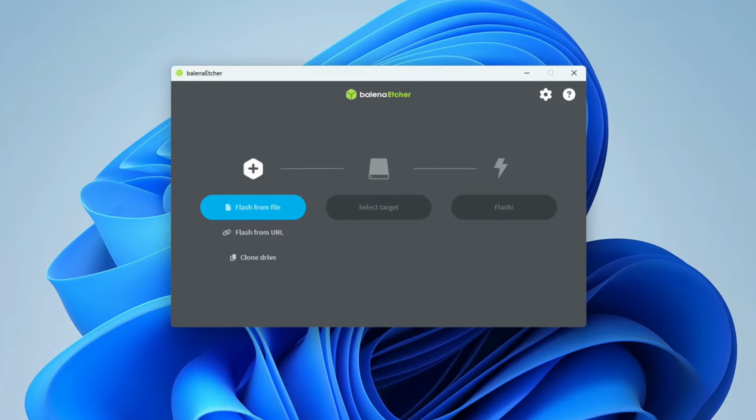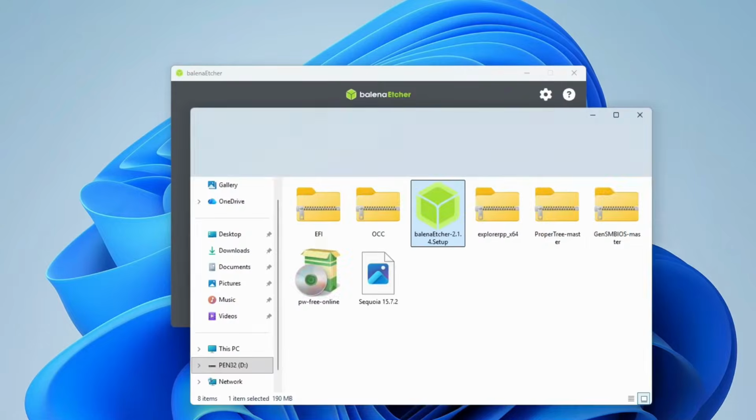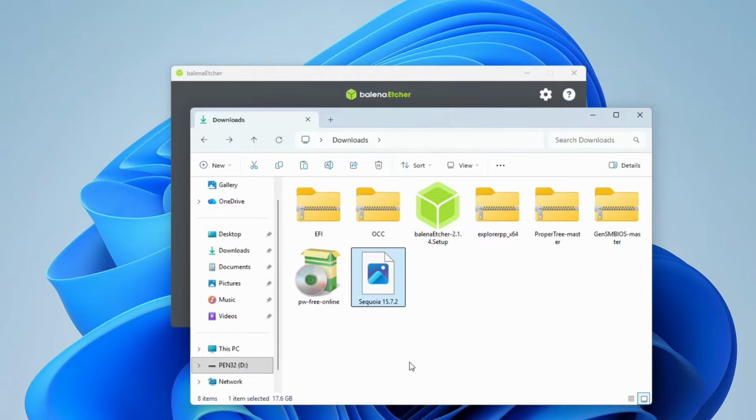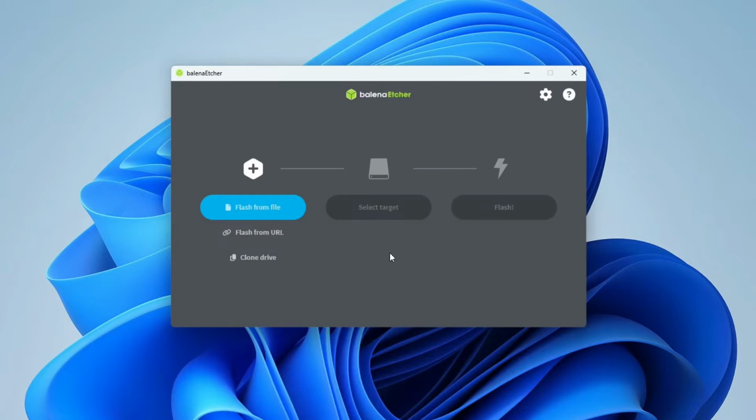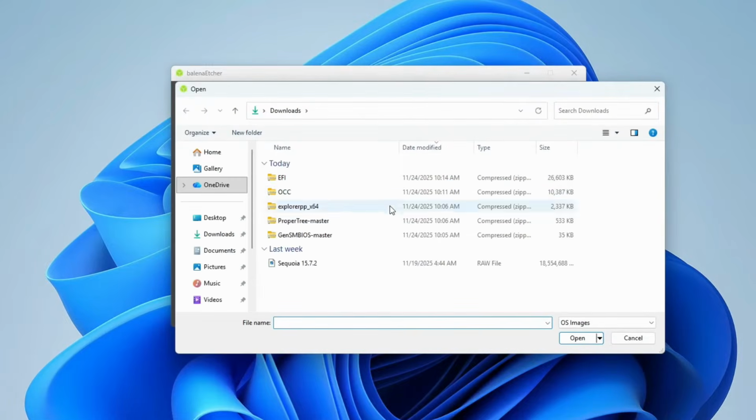Once Balena Etcher opens, connect your 32 gig flash drive or above. The image size is around 17 gigabytes. I would recommend you use a 32 gig flash drive, but if you have anything more than that, you should be fine. Now we're going to click on Flash from File, and then select the image file in our download folder, which is our Sequoia 15.7.2. Open,